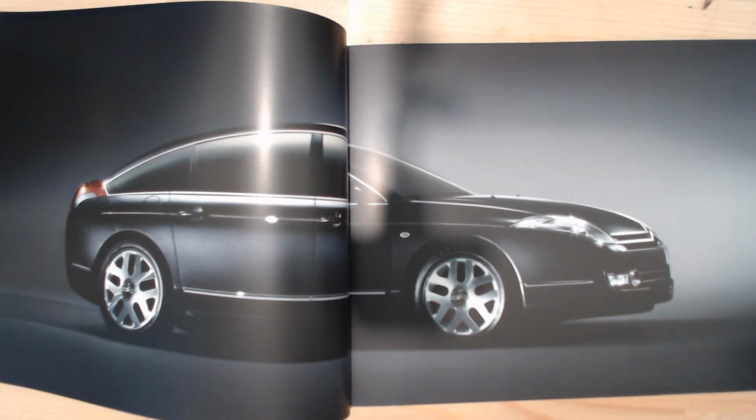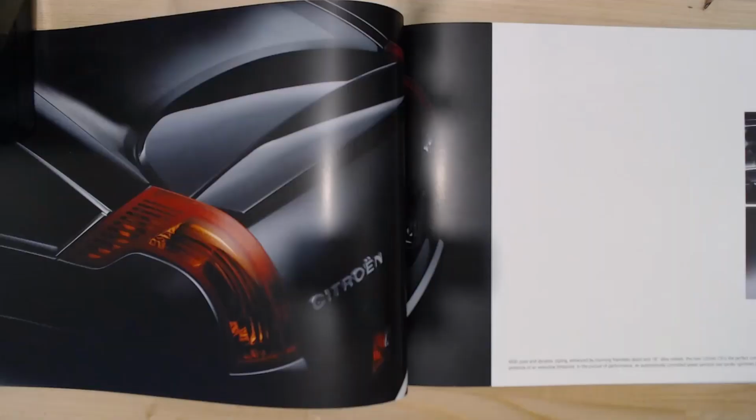But anyway, let's go through the page and see what we can see. It's a thick brochure, this one, so we're not going to spend too long on each page. The next page is showing this curvy back, and hopefully we'll get a better look at this. Unfortunately it's right in the curve of the page, or the crease of the page, but you can see them